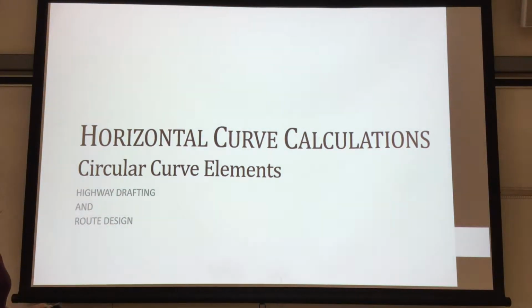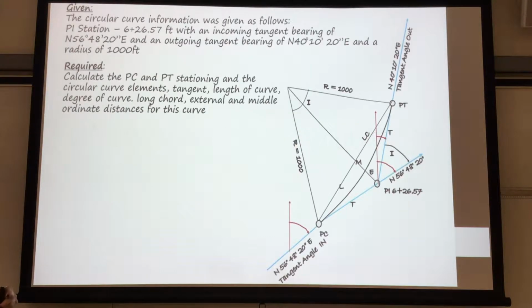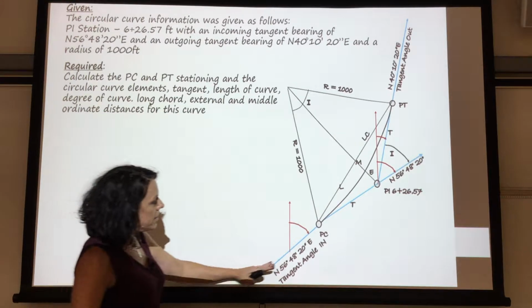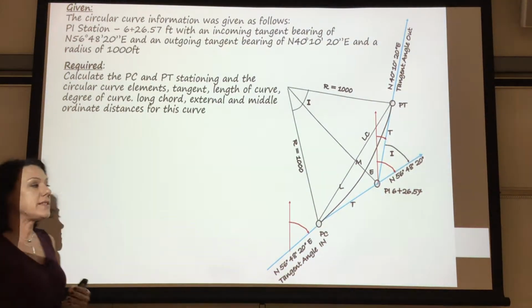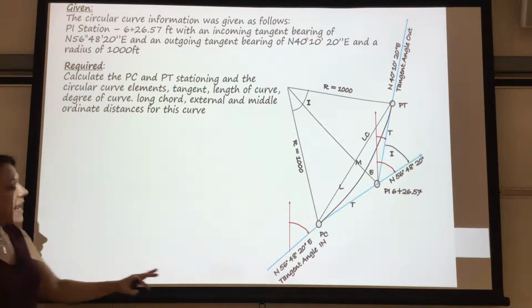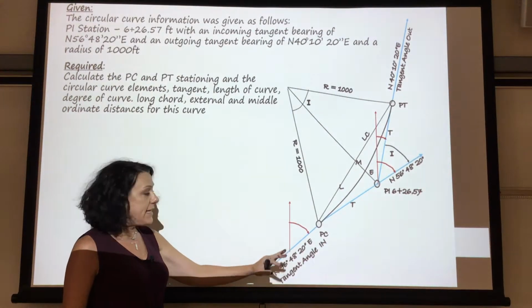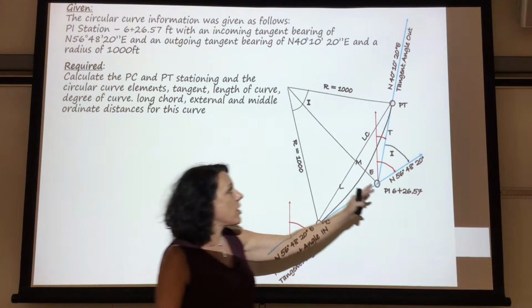Okay, so we're going to go over another example of the horizontal curve, the circular curve elements. Now in this example, I've actually got a tangent coming in and then a tangent going out. And sometimes you'll hear it described as that. And in this one, the tangent coming in is given in as a bearing, and the tangent going out is